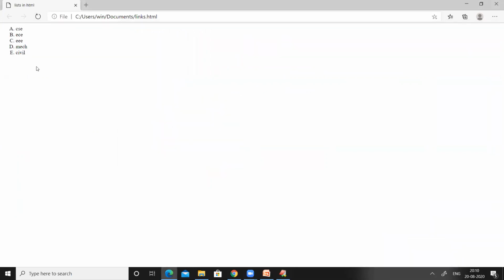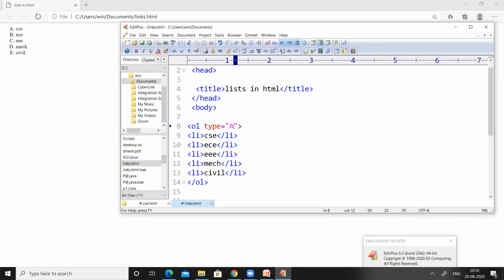So if you observe, the entire list has been changed to A, B, C, D, E, because here we have used type equal to A. Let us look at what happens if you use some other alphabet which is in the middle, not the starting one. Save this one and refresh the web page.